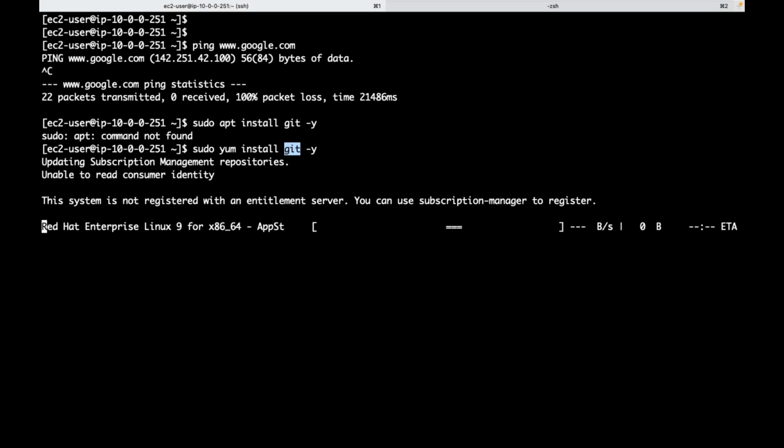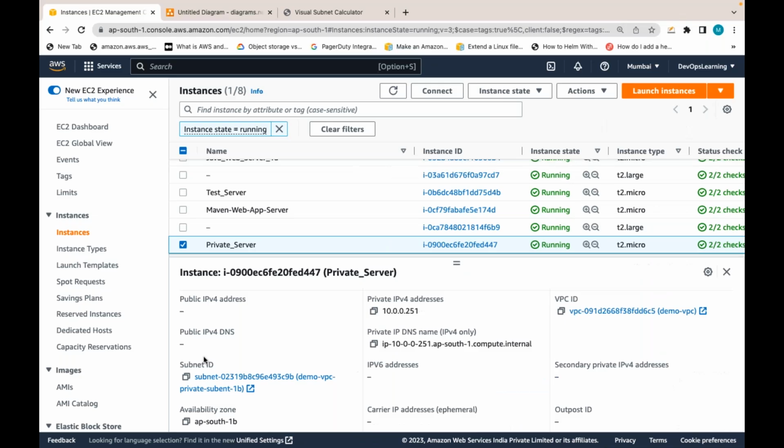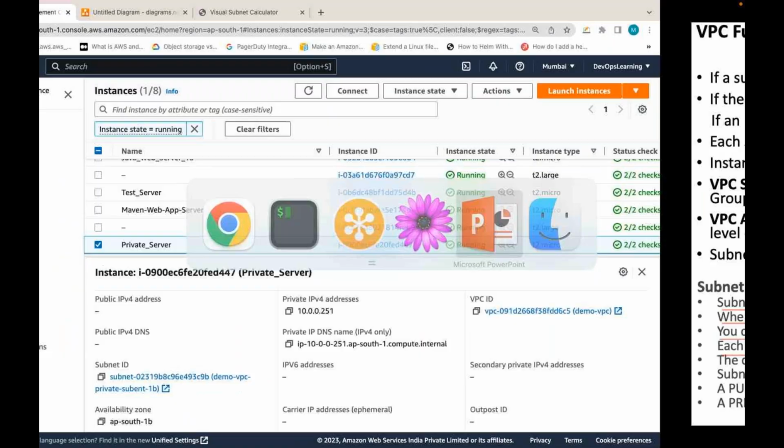There is something called NAT. There is something called NAT gateway. With the help of NAT gateway, you can enable the internet connection to the private subnet, but only in one direction. You can enable the internet connection to the private servers via NAT gateway. Okay. Now, if you understand,